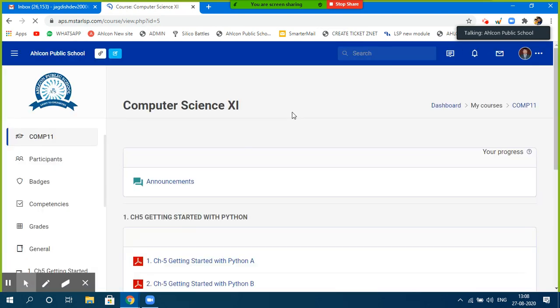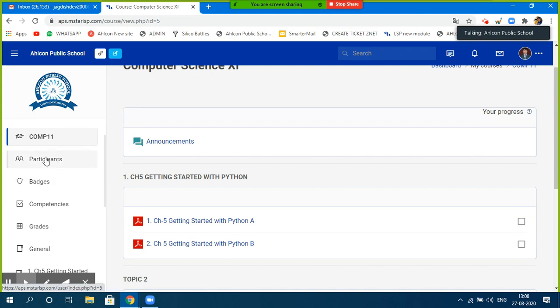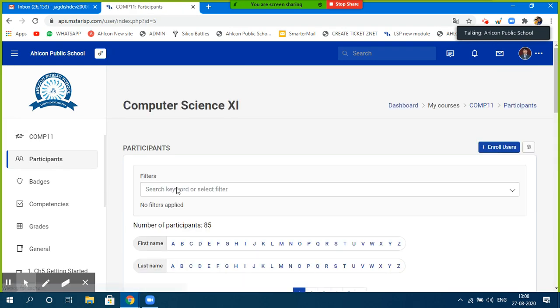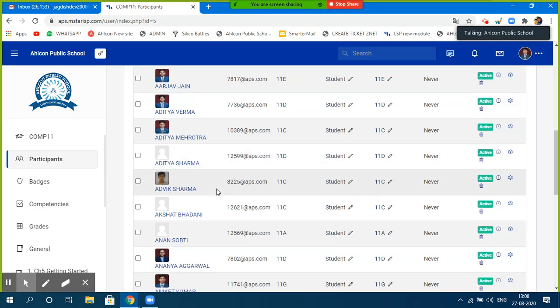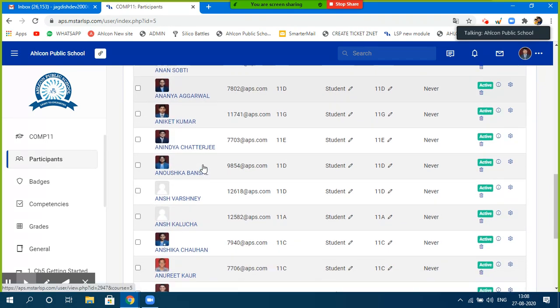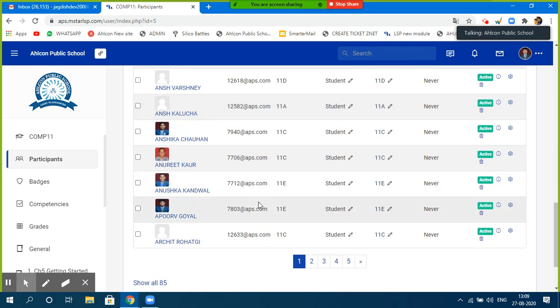You can click from here or from the dashboard as well. Once you click on your class, you will see the participants here. Click on participants, and you will see the list of students for your class. In case of physics, chemistry, mathematics, all the students will appear here, because that is a limitation of this platform, that it displays all the students. But as and when a student logs in to this platform, wherever the student has been mapped to a particular class, he or she will only be able to see that class.